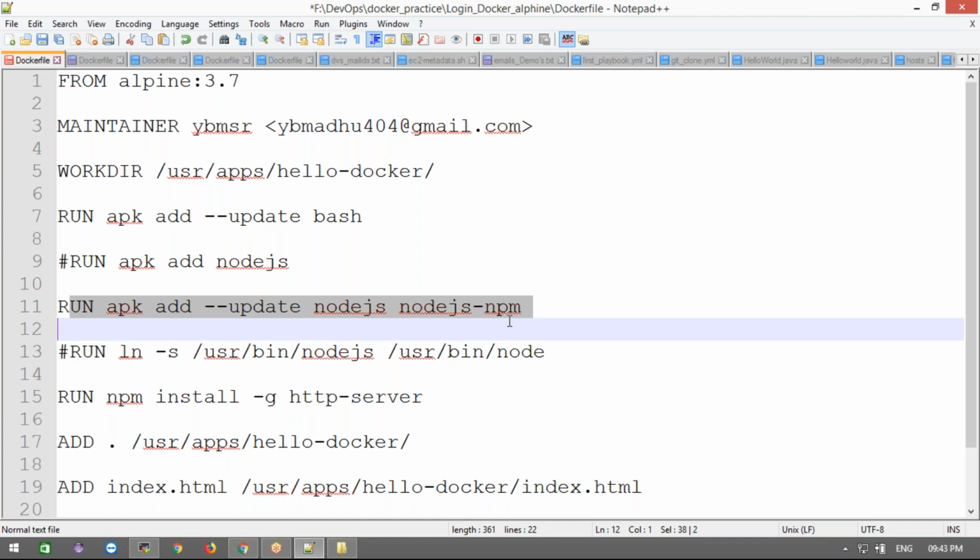Why do we require Node.js and npm only? Because my code is written in Node.js. As you know, if you are a developer in your team and you are developing Node.js code,